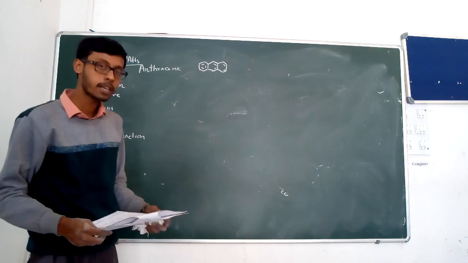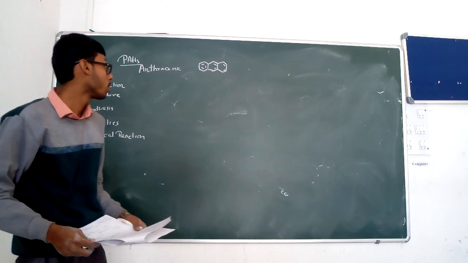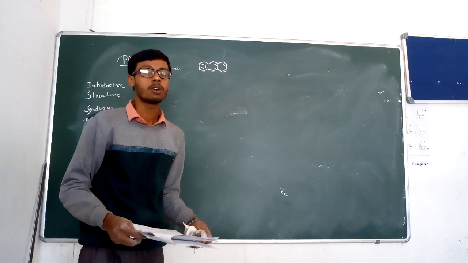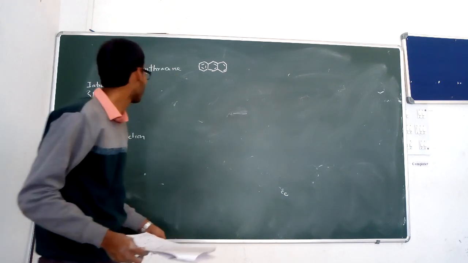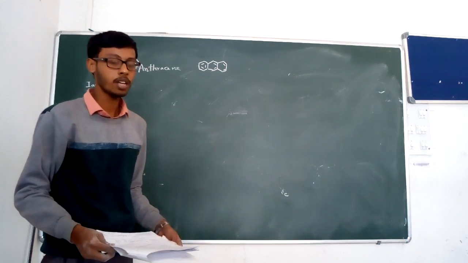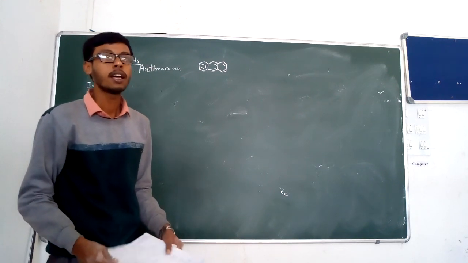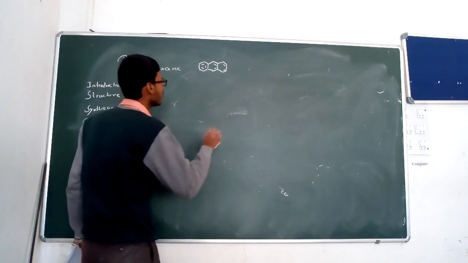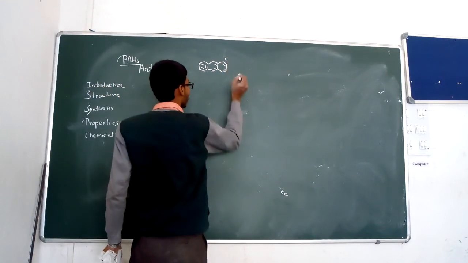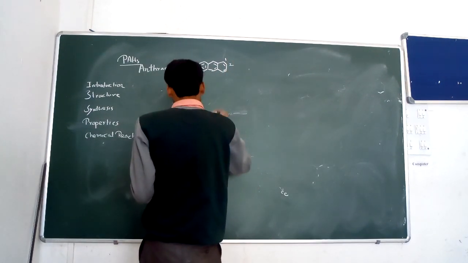Now going to the chemical reactions of anthracene. We already studied the chemical reactions of naphthalene, where we saw that in the carbon 1 and 2 positions, the electrophile normally attacks in the electrophilic substitution reaction. Here there are three positions where the electrophile may attack. One is the carbon 1 position, the second one is the 2 position, and the third one is the 9-10 position.